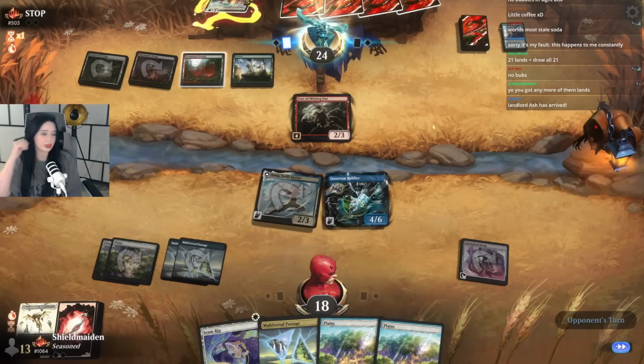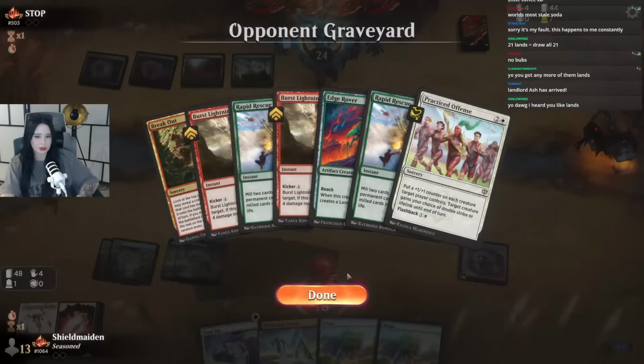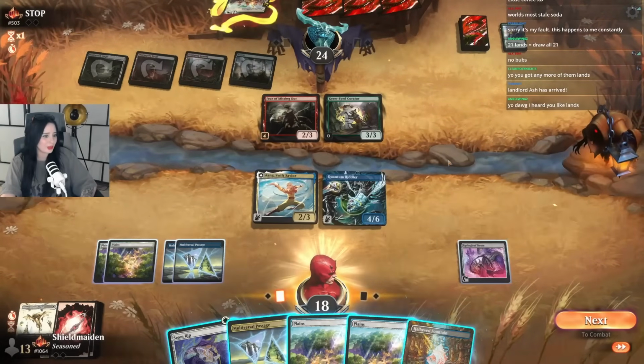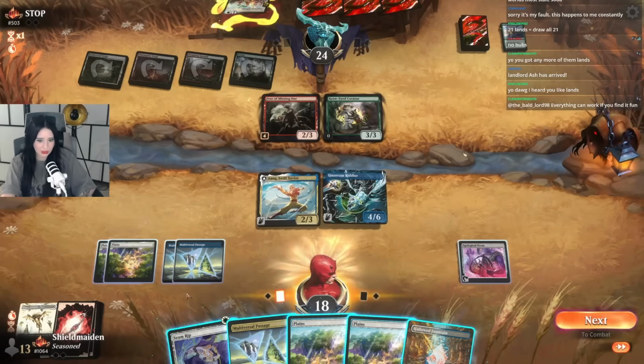Landlord Ash has arrived. I'm here any day. Oh well, if it isn't a practice offense moment, is this a incredible Naya Delulu gamer? Oh my god, what the fuck? No. Like, what are we...